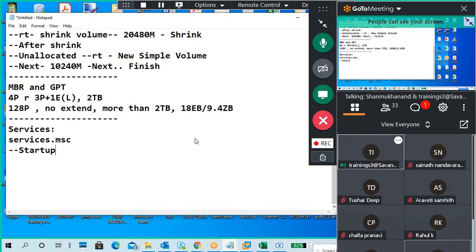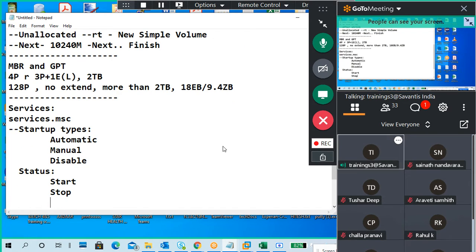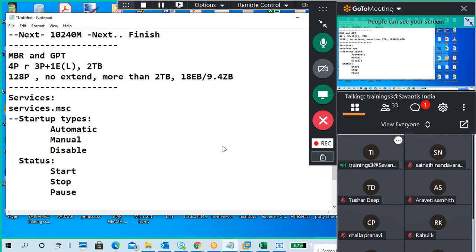Startup types: automatic, manual, disabled. Status: start, stop, pause, resume. If it is running you stop it, and if it is stopped, it will show start.